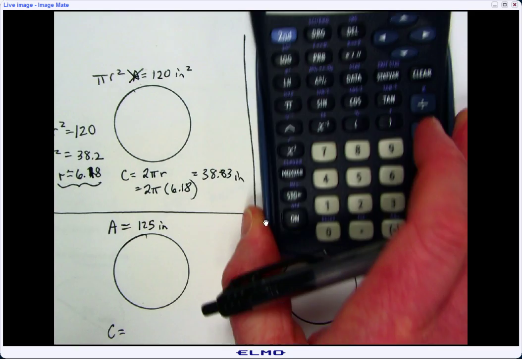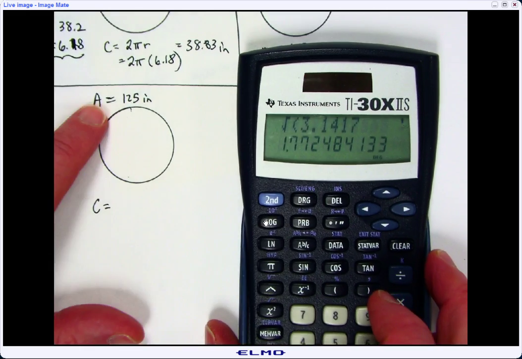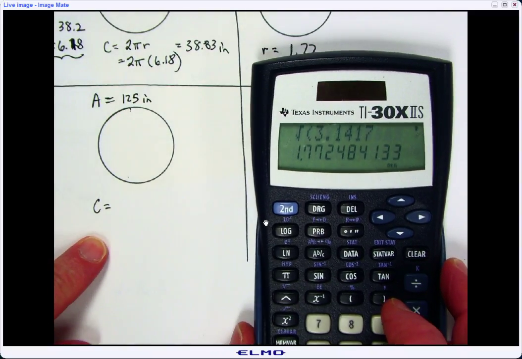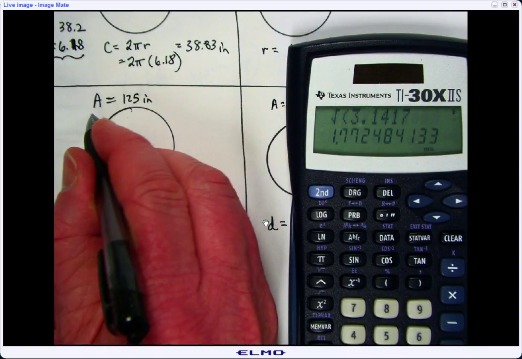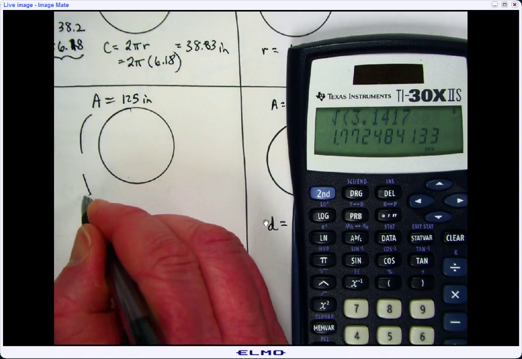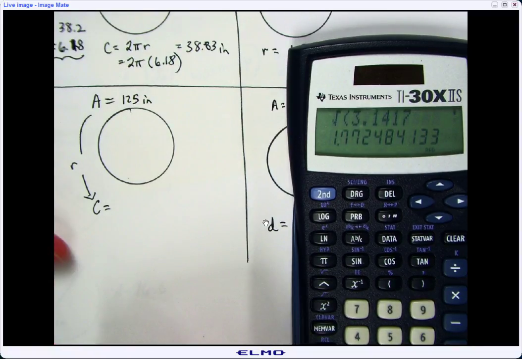Okay. Again, the hardest problems, I think, are going from area all the way to circumference. So when we start with area and we have to get all the way to circumference, there's a little bit of a bypass route, and that is we got to get the radius. Okay, you can't just jump from area to circumference. So to get the radius,